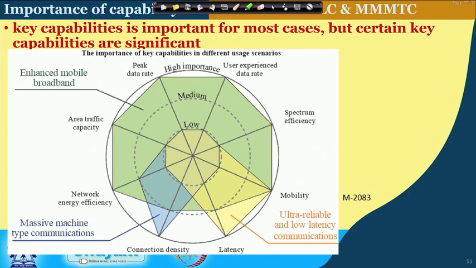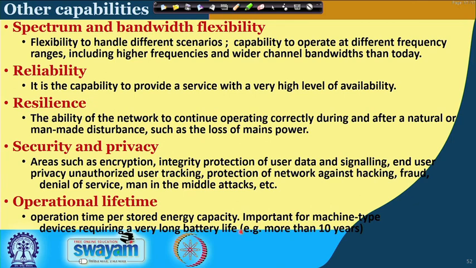And in the previous lecture, we talked about the different situations that one would encounter. Summarily, ultra reliable low latency communication is one of the scenarios, enhanced mobile broadband is another, and massive machine type is another scenario. In this particular slide, we had highlighted the important performance evaluation metrics for each of the different scenarios. We had also talked about other capabilities which are significant for such systems,